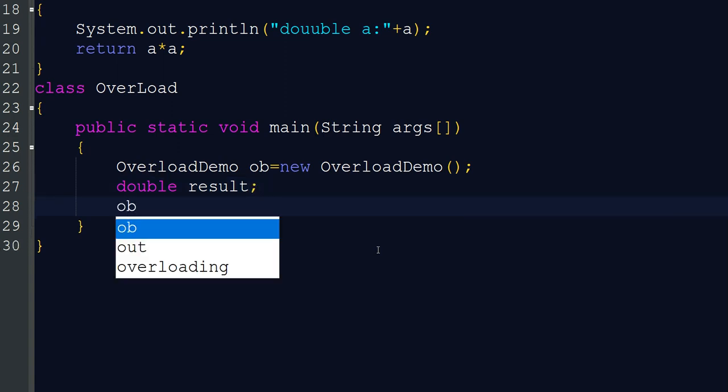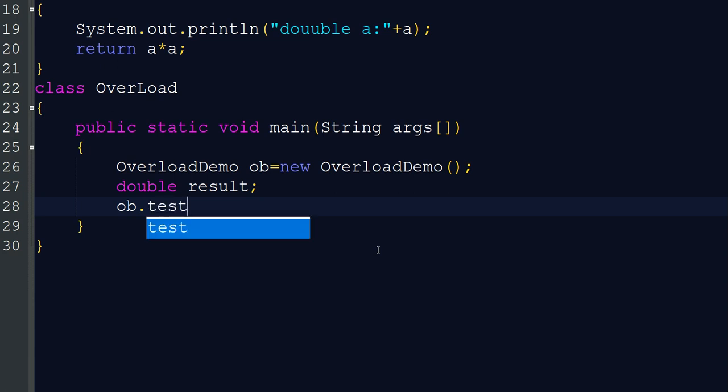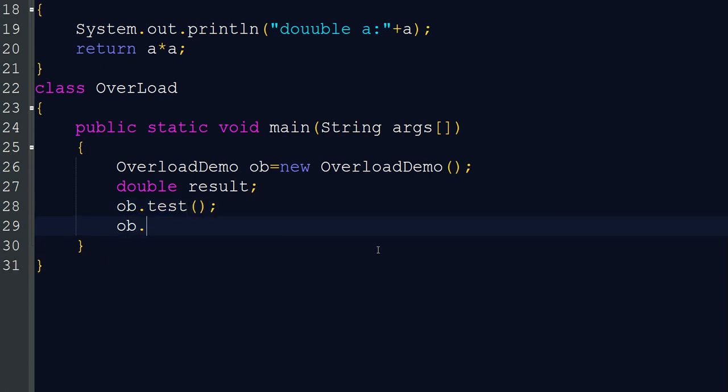Now we are calling ob.test, but with no parameter. Okay. Now ob.test with one parameter.